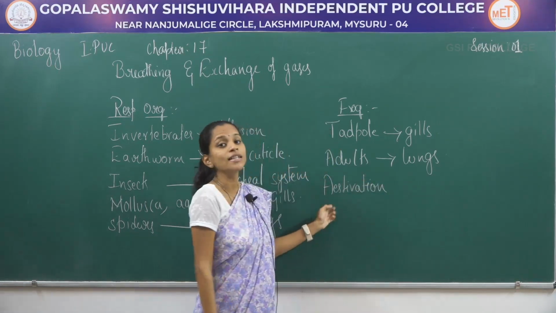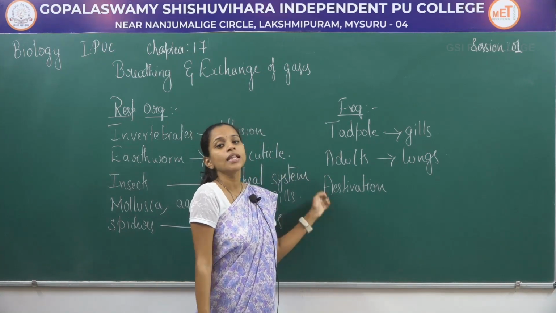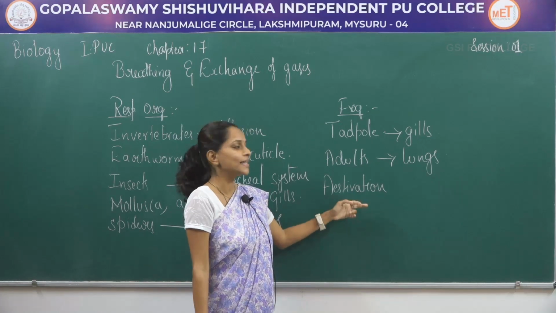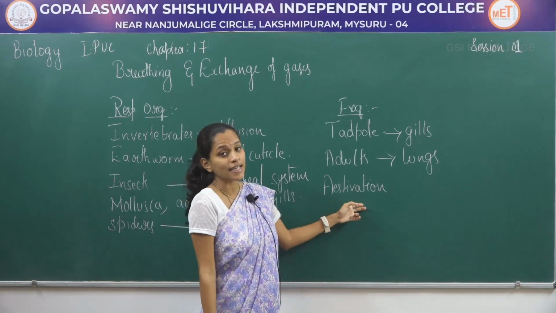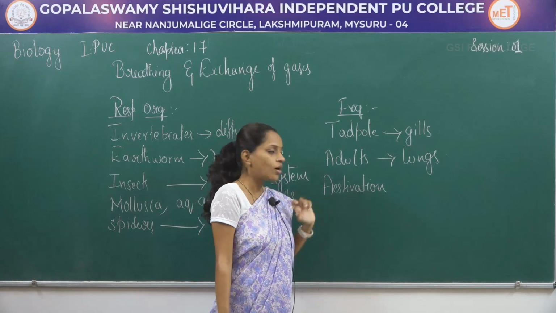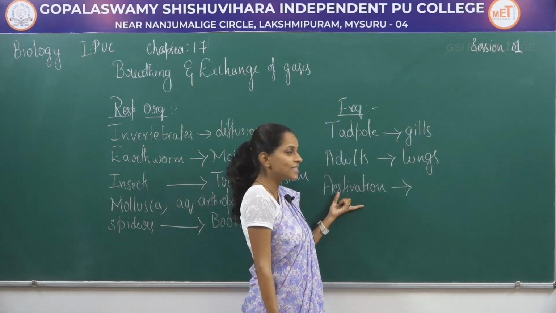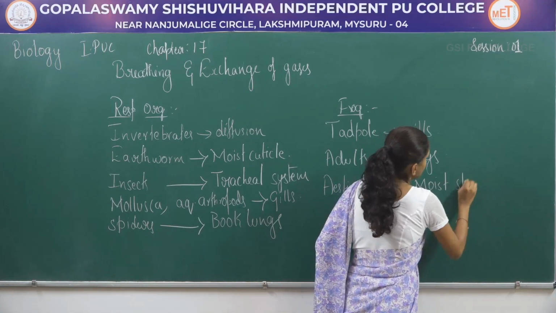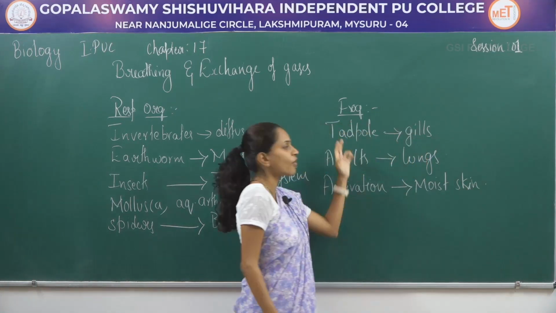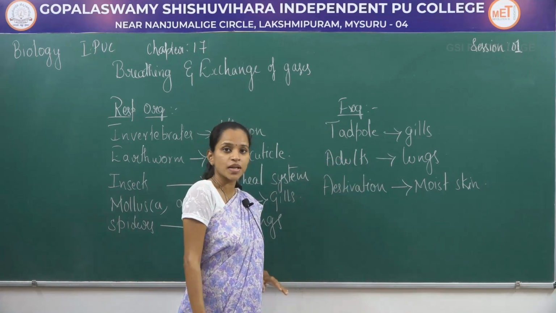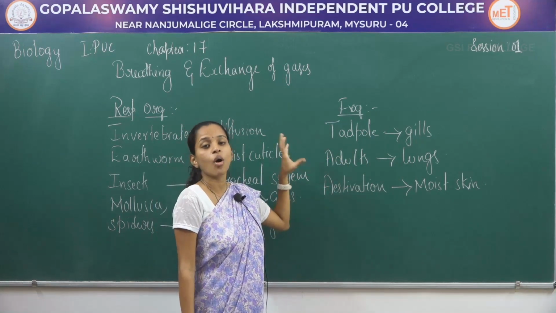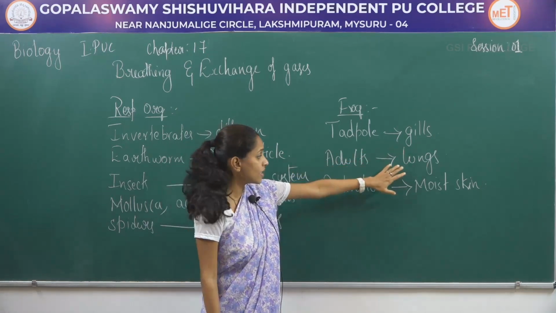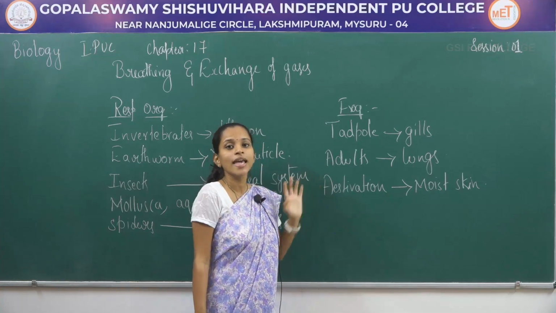that is what we call summer sleep. They cannot tolerate the higher temperature, that is why the whole season is spent taking rest or sleeping. That is what is called aestivation. During this aestivation process, they respire with the help of moist skin. So in a frog itself, there are different ways of respiration based on what age or condition they are in. They respire either through gills or lungs or through moist skin during aestivation.